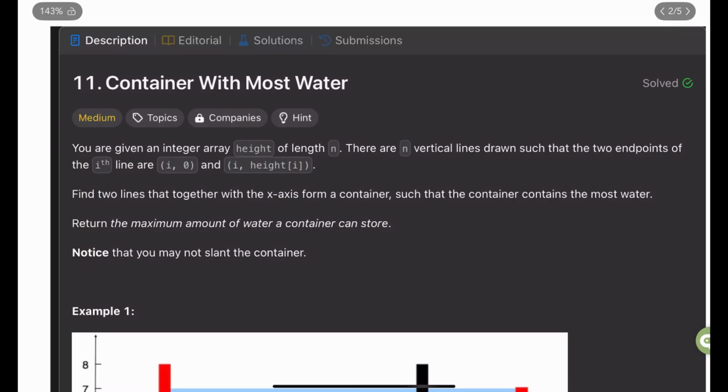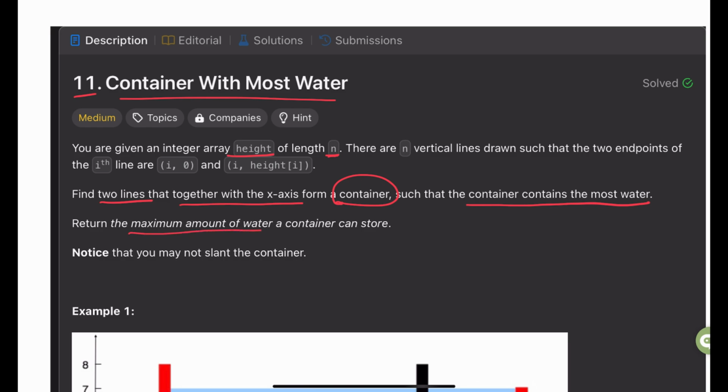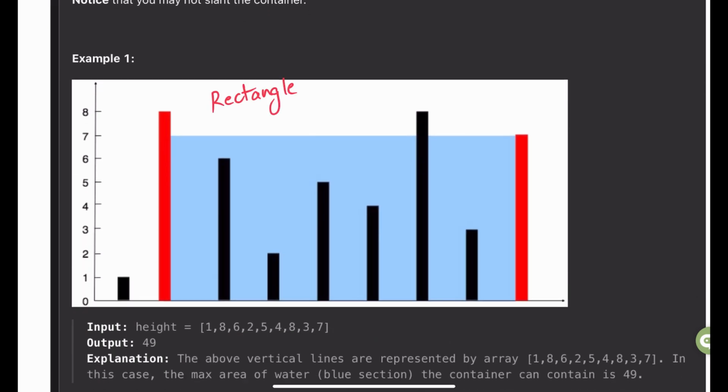Hello everyone, in this video we'll be solving problem 11, container with most water. The problem statement is we are given an integer array height of length n. We need to return the maximum amount of water we can store in a container. Basically we need to figure out the largest rectangle we can build with the given